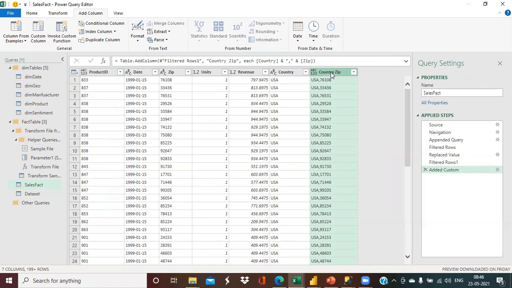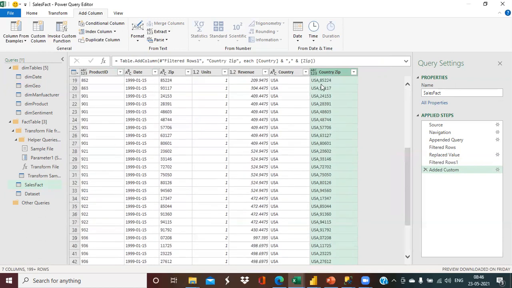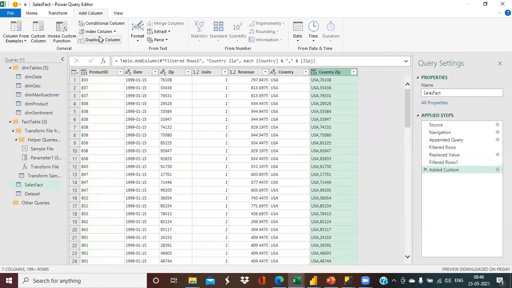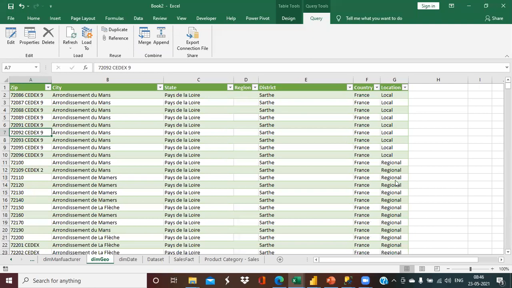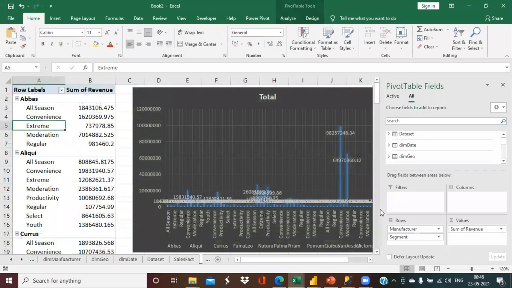It will start working. Okay, the data is too huge, so it can take some time to load. I'm leaving it up to you. You just close and load it to your data set, and start loading the data into your report table. It may take some time, so take your time, load this, and create the relationship between the two tables. I'll leave this as an exercise for you to do. Create the model properly.